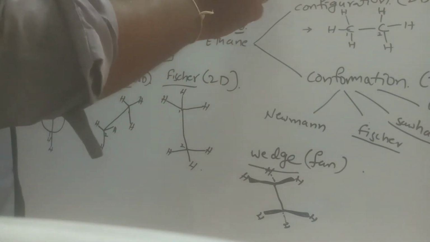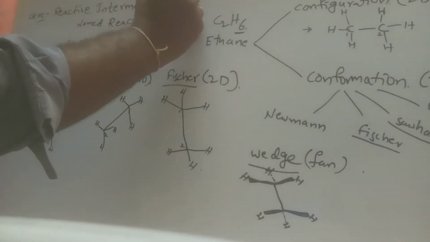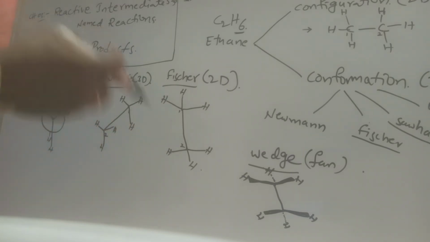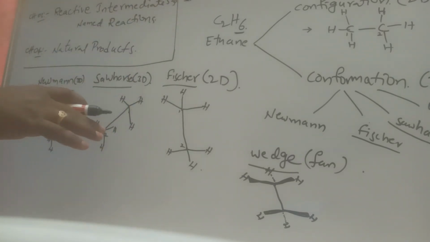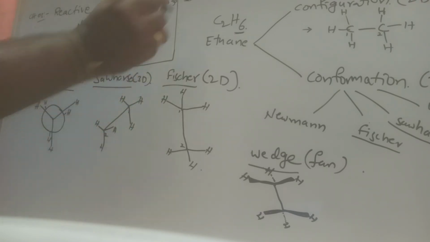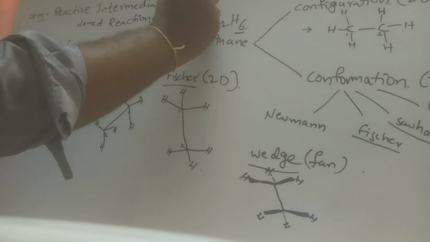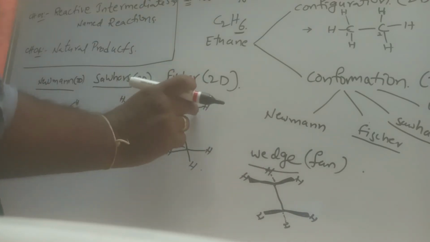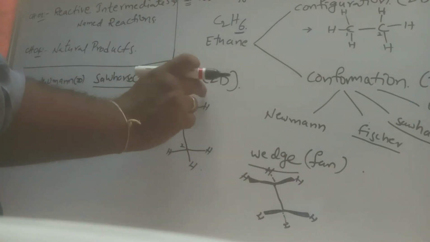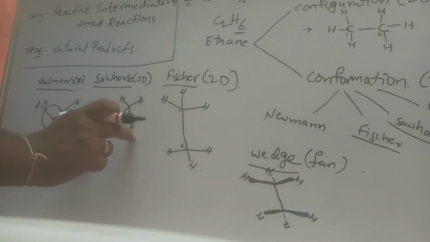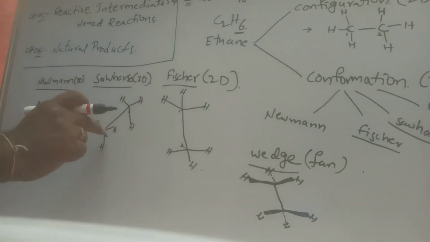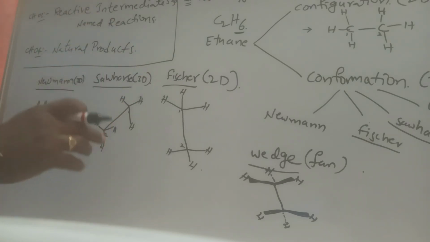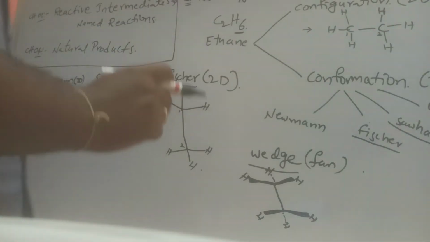Now coming to the conformation. Conformation is a 3D form. The molecules and atoms, each one is maintained in its own place and cannot be compared with the other hydrogens. That's why it is a low energy character. So this is high energy because all the hydrogens are displayed in 2 dimensions; within the space the hydrogens are arranged. But in three-dimensional structures, each hydrogen and atom occupies its own place and cannot be compared with other hydrogens. That's why it is low energy, and the other is high energy.